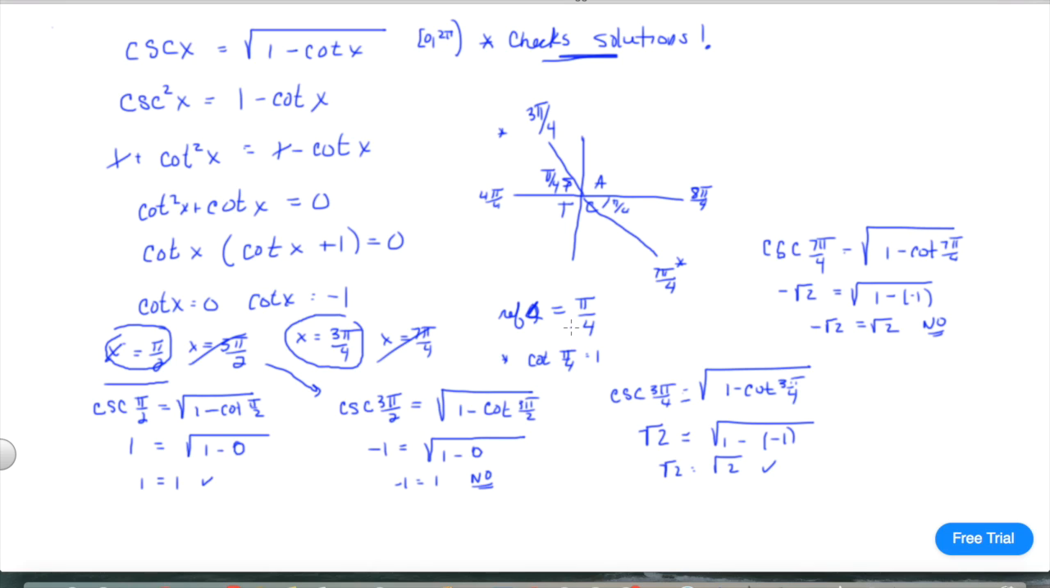So I have 2 solutions on this interval, and that would be just pi over 2 and